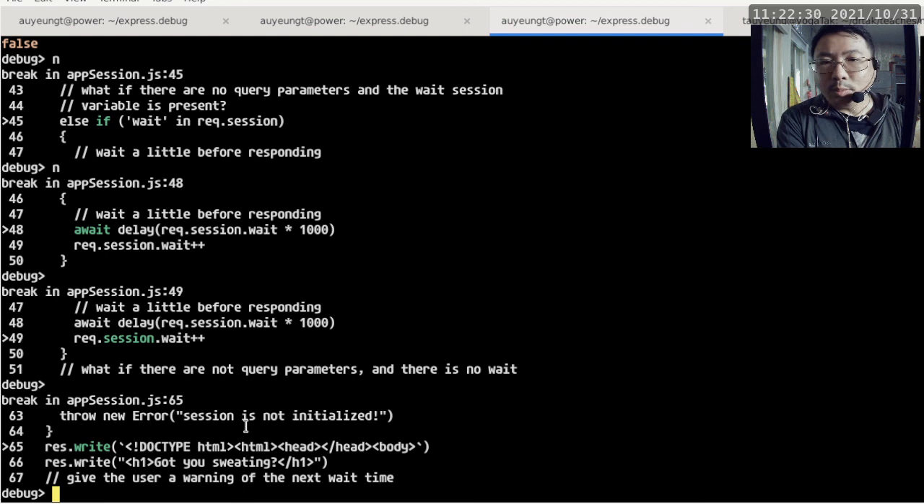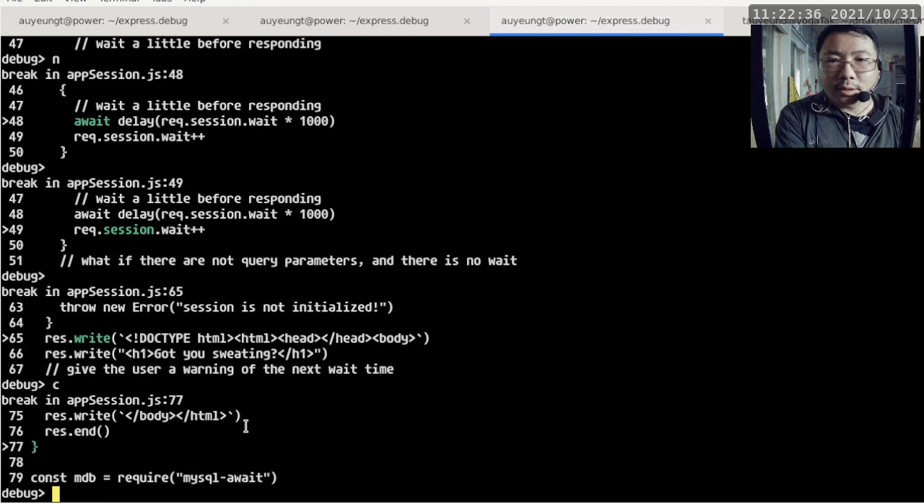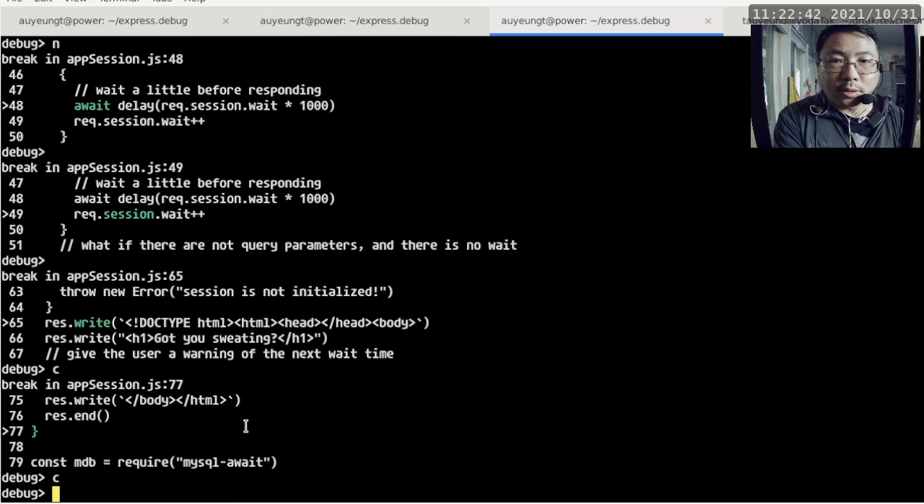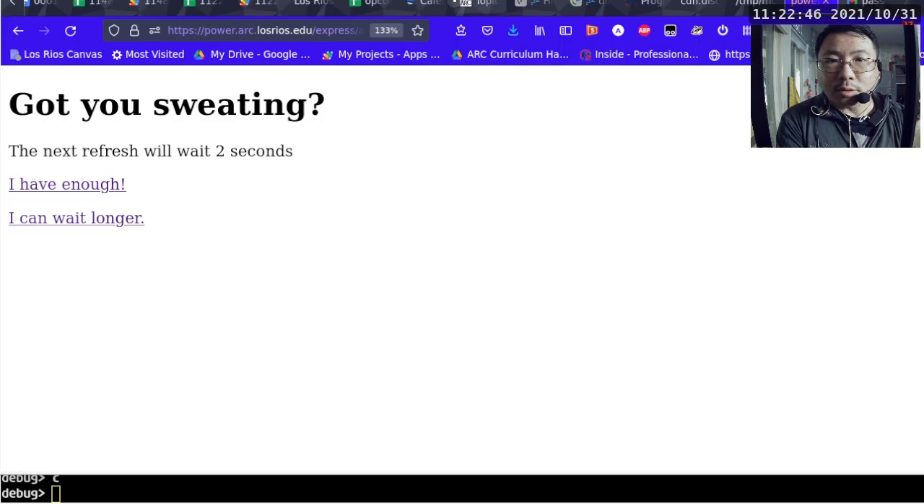At this point, we are getting back to the outputting of the HTML document, where we can just do a continue. It hits the very last breakpoint of the entire function, which is actually not needed at this point, but I'm just going to press another c. Now if you go back to the browser, it replies and says the next refresh will take 2 seconds. So this is how I would debug a program: